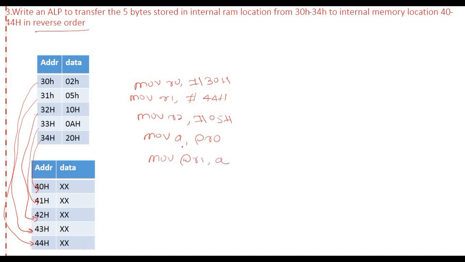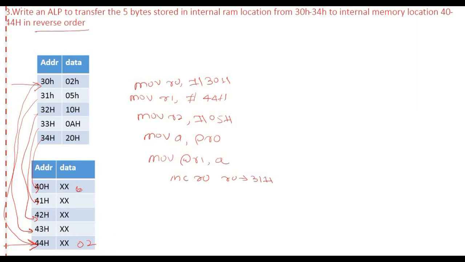The first data is transferred here, so 44H will have the data. At present the destination pointer is pointing to 44H and the source pointer is pointing to 30H. The next data is present in 31H, and that needs to be transferred into 43H. So the source pointer needs to be incremented, that is INC R0, so R0 will point to 31H.